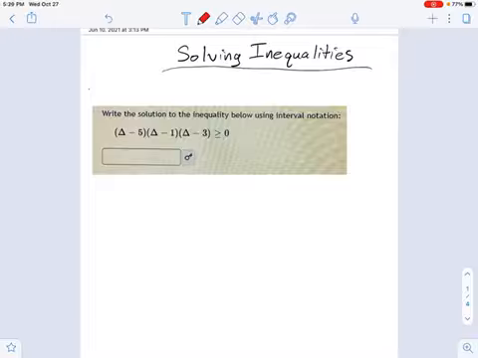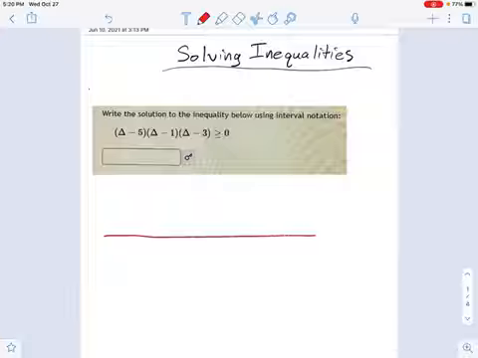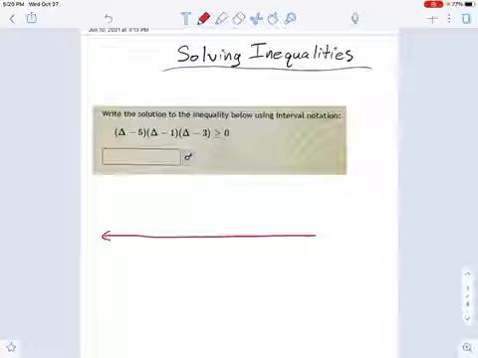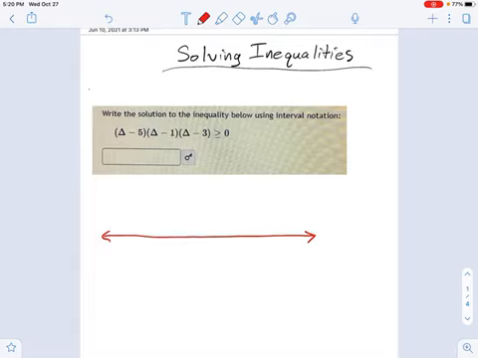So I'm going to use the algebraic method again. We're not going to graph this thing, although you could. You could go ahead and graph it and find all the places that are greater than 0. But I want to do it algebraically, and I'm going to use this number line that I've used in past examples. And I'm going to think about this in terms of x-intercepts.